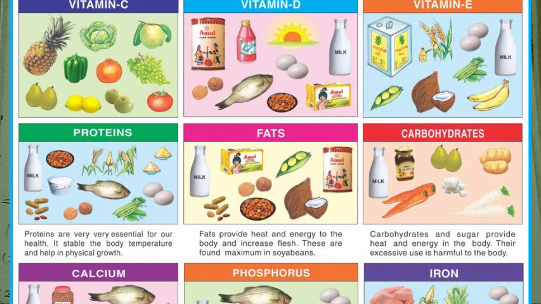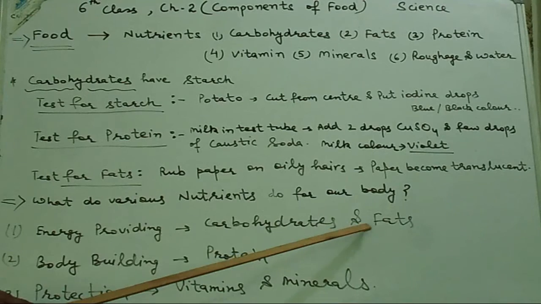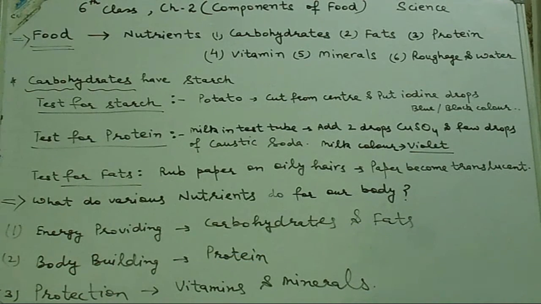So you got the substances, and the test for fats you can perform on all these oily substances and all these milk products I have told you. You can perform the same activity for that result also. And now I am telling you about both these categories, what they do, whether it's carbohydrate or fat. They are energy providing material for our body. Both the carbohydrates and fats provide energy to our body.